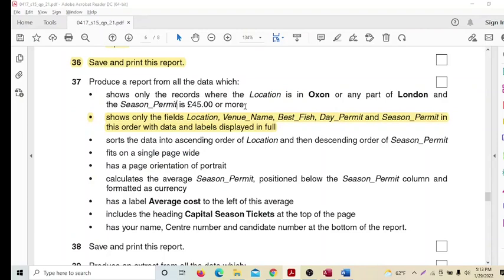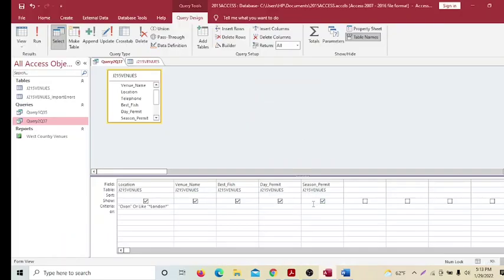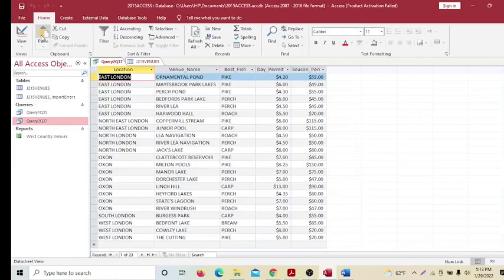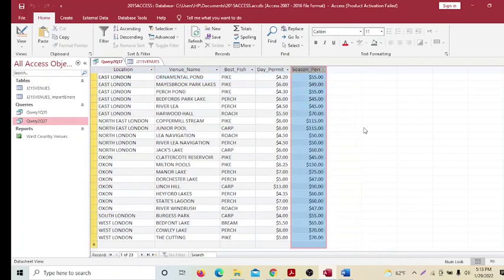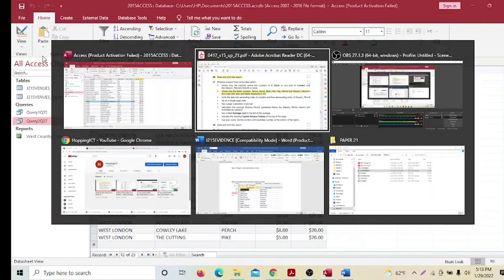Season permit is more or equal to 45. Fine, save, run. Season permit, you can see that in this column either 45 or more, all. See, 45 is there, one, then there is no less than 45 at all. Okay, save. Now question paper,